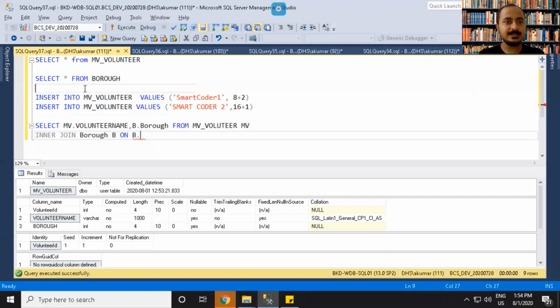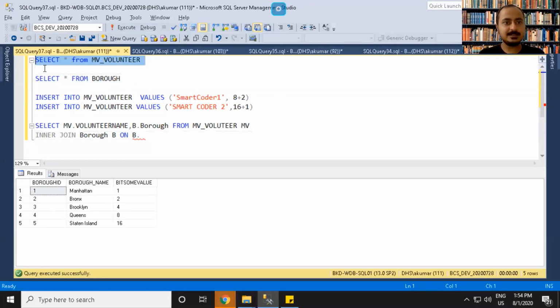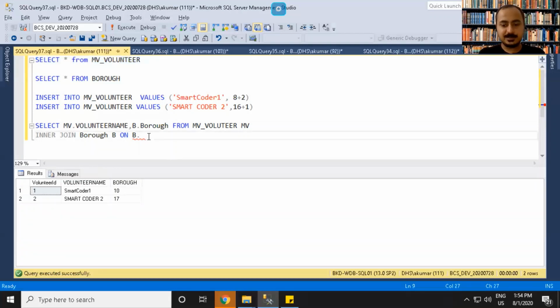So here is the trick. Just the bit sum value, and here is the borough. So B dot bitsum value ampersand, which represents the bitwise operator in SQL Server, mv dot borough is greater than 0.